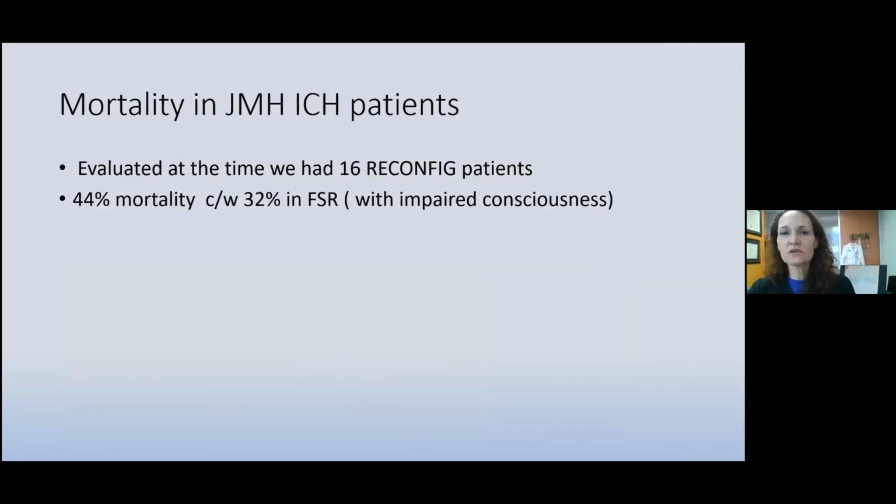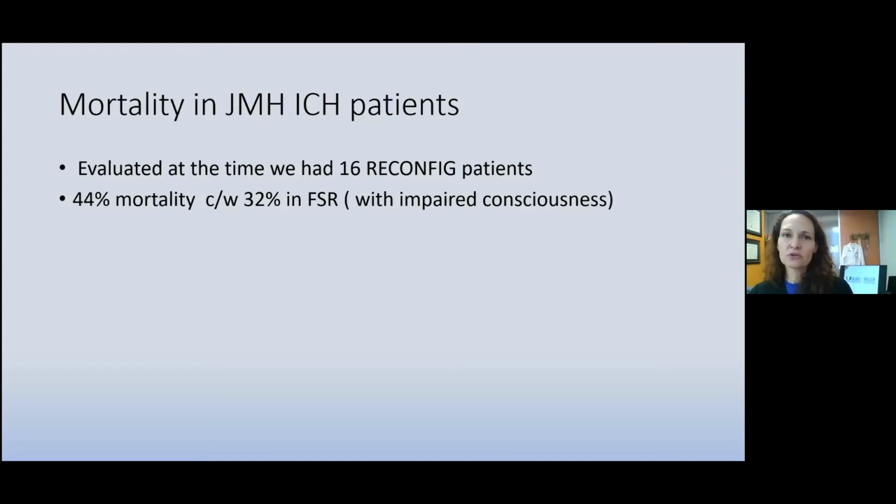So at Jackson, we looked at this. These are patients that were admitted to or enrolled in one of our ICH trials. We looked at, okay, for these 16 patients, what's our mortality? It turned out that 44% of them were dead by the time they left the hospital. And that's compared with 32% of all of the Florida data, meaning that we seem to have a problem that's beyond the scope of what you see in other places. And that's something that we need to address within our hospital system,